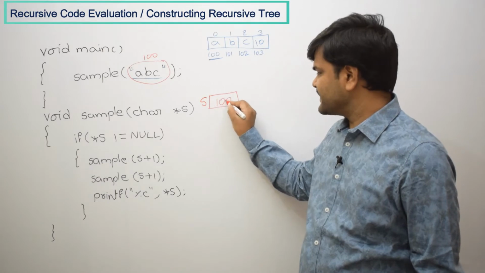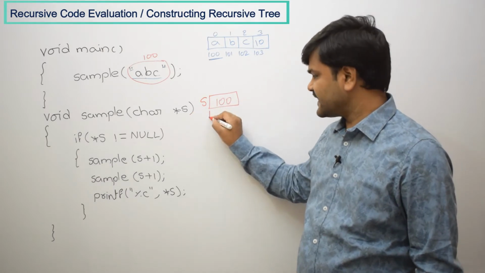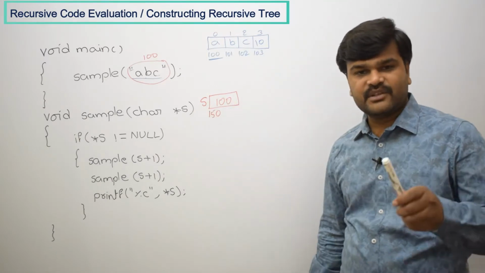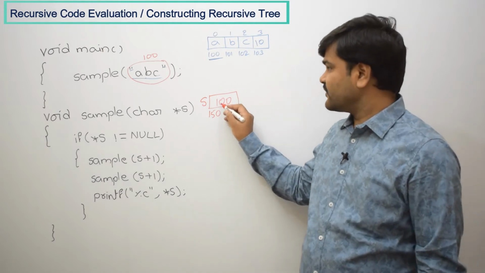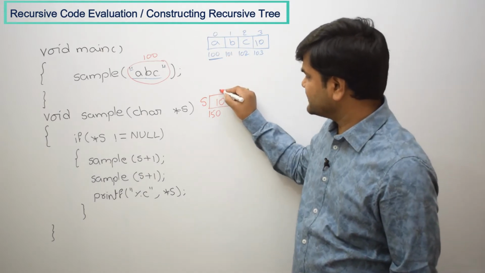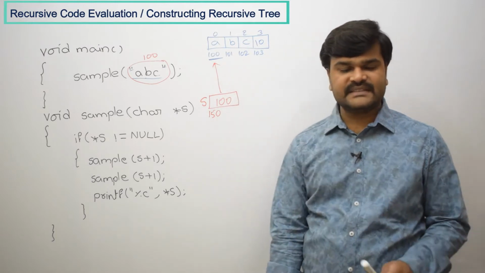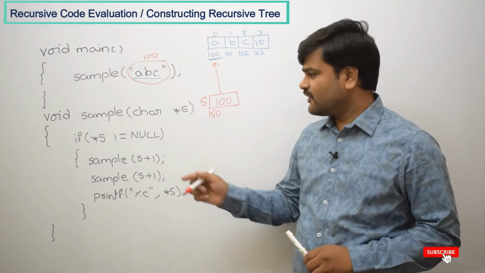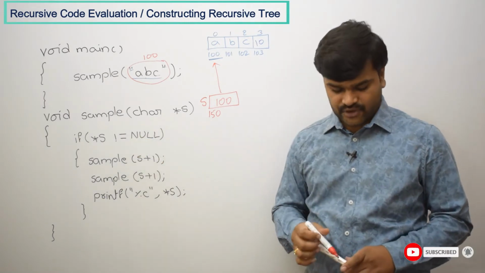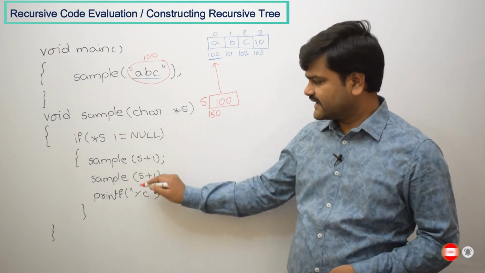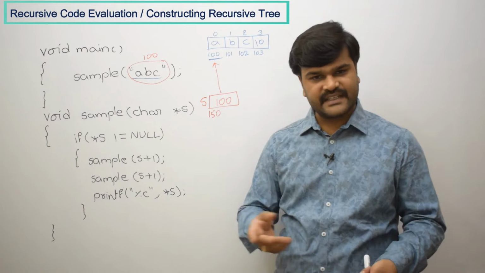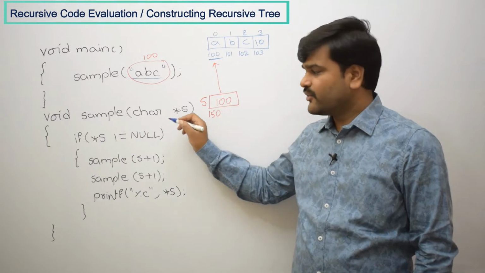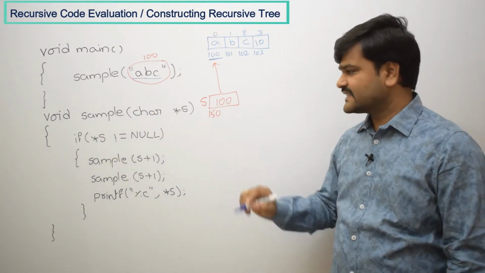So now S is going to store 100. For S also memory is going to be created, for example at the 150th location memory is allocated for variable S, and in that memory you are going to store 100. That means now it is pointing to the starting address of this array. So this is what happened first of all. Now let us come to this part. If you understand this one, evaluating this part is very simple. If you construct a recursive tree, easily we are going to get it. Now with the starting address 100 we have started this function. So let us take sample.